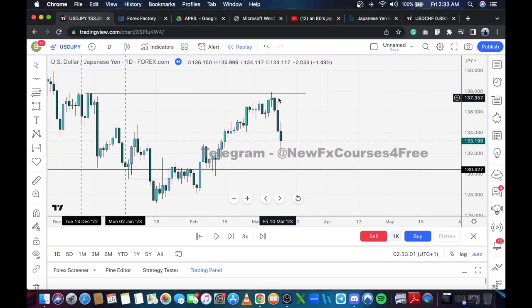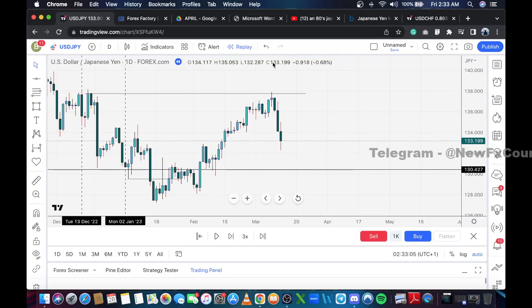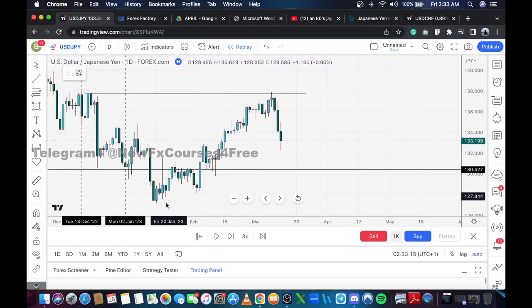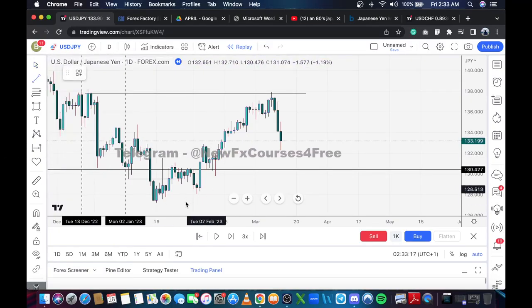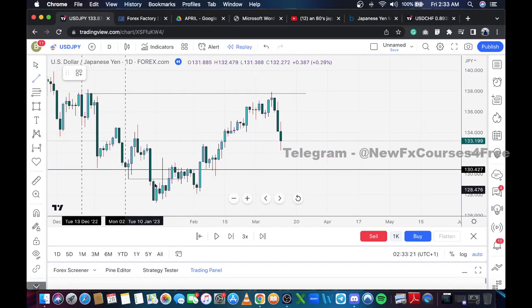So again here you have a market structure shift, which happens here. The market does not shift structure here because we don't break a short-term high. We have a market structure shift here, which is confirmed with SMT. We're not going into the marketplace looking for SMT. If you saw my analysis initially, I never mentioned SMT as our tool for analysis. We already know logically how price should deliver. The moment we see displacement with